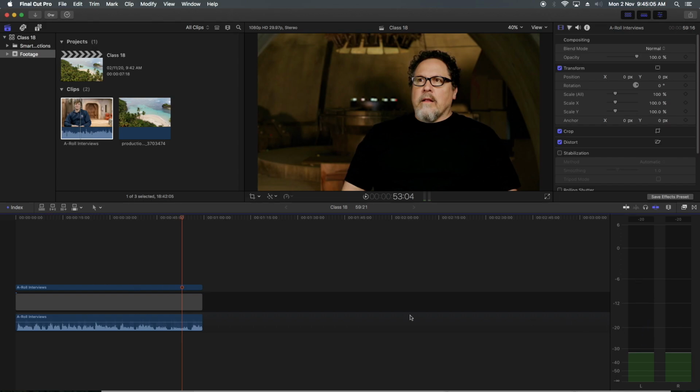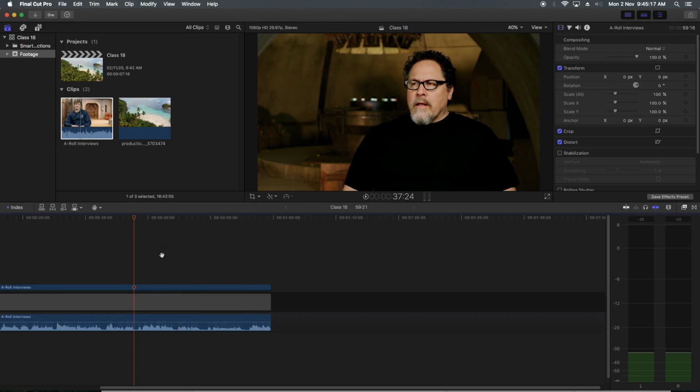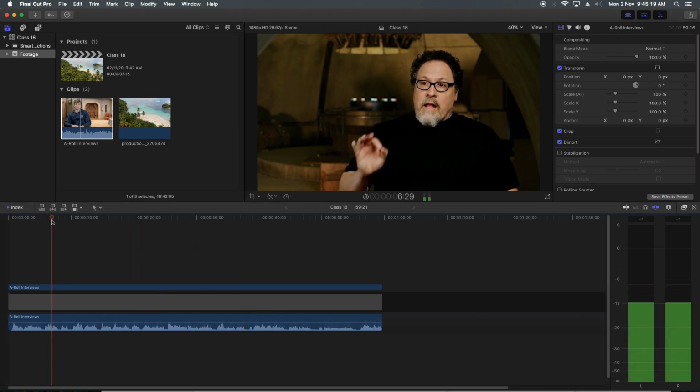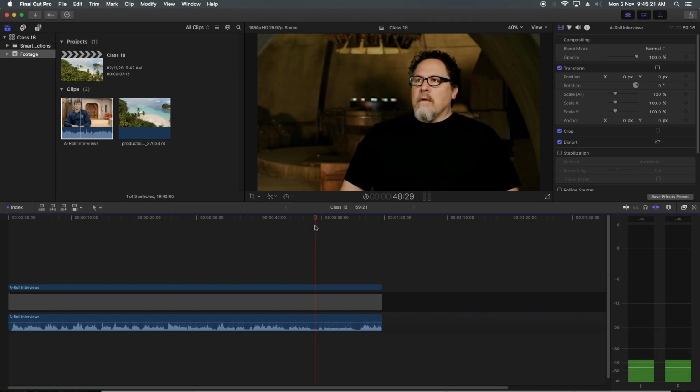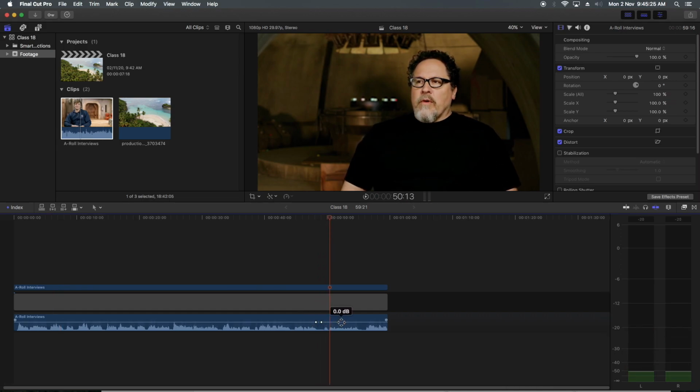So what I want is for this to go at the same particular level, not this much of ups and downs. So what I can do is use keyframes. I can keyframe this particular part and make it high.